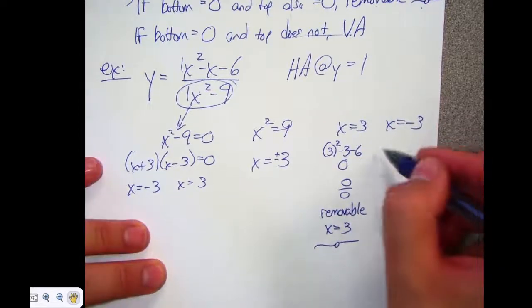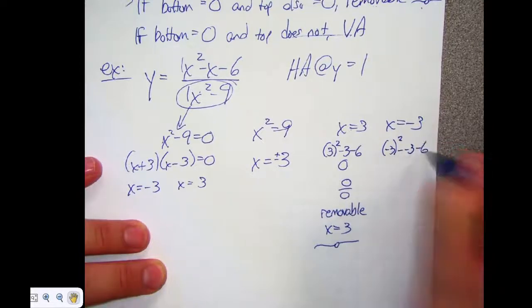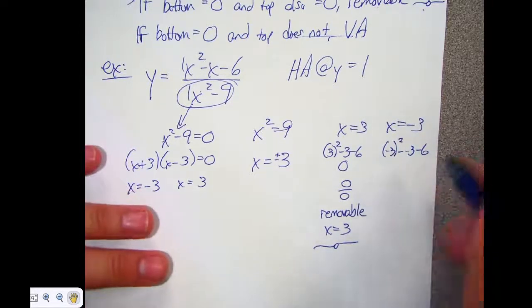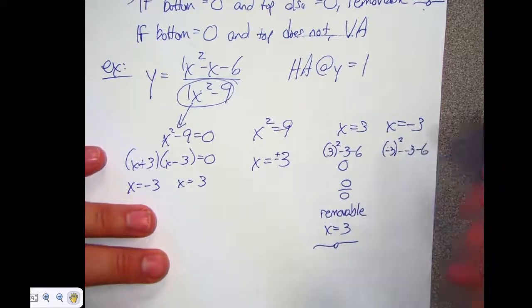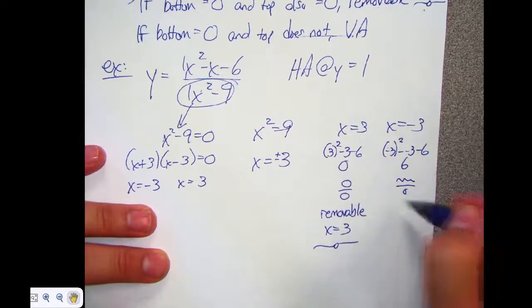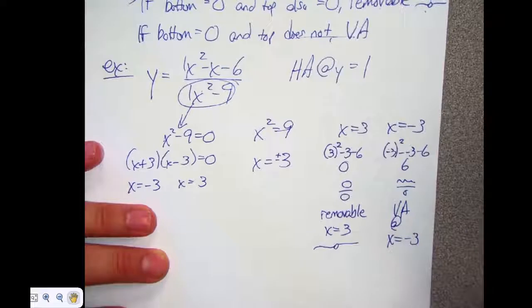Take negative 3, plug it in. So negative 3 squared minus negative 3 minus 6. I don't even care what you get. It's just, do you get 0, yes or no? You do not. And I don't care what the answer is. It's not 0. It would be 9. So it would be 6. So you get something else on top and 0 on the bottom. That is a vertical asymptote at x equals negative